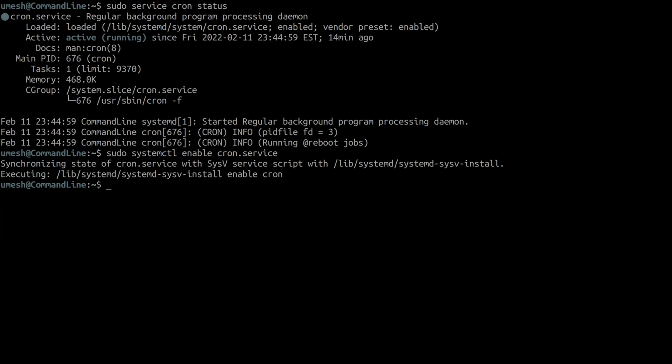Now let's see how cron and anacron work. So anacron is a sub-package of cron, and they kind of work together. Both cron and anacron maintain jobs using a cron table, which is then read by the crond daemon, which executes the job. So cron is designed for servers, which will be running 24/7, but anacron is designed for desktops and laptops, and it does not expect the system to be running 24/7.